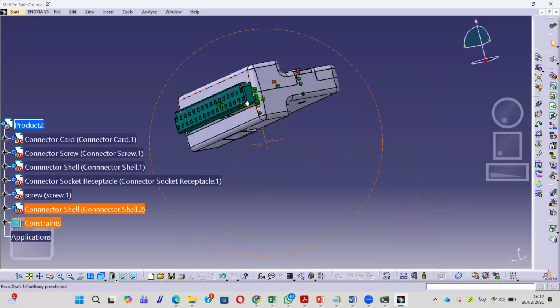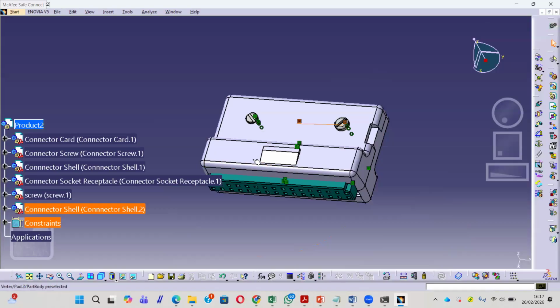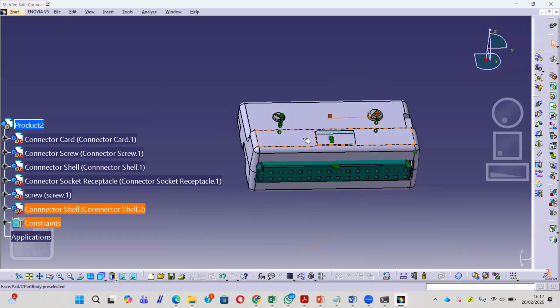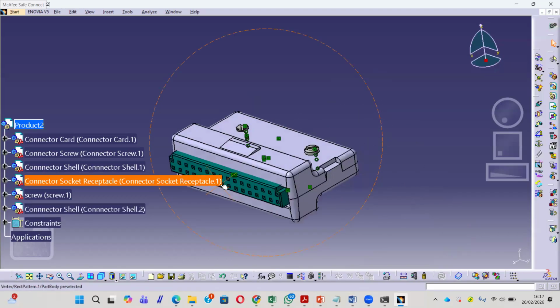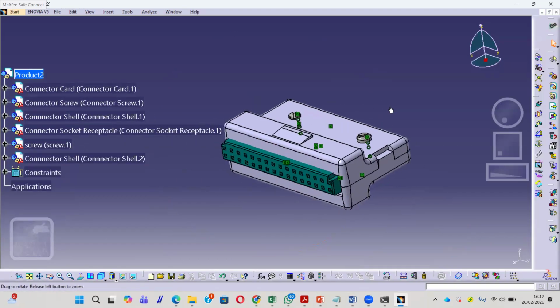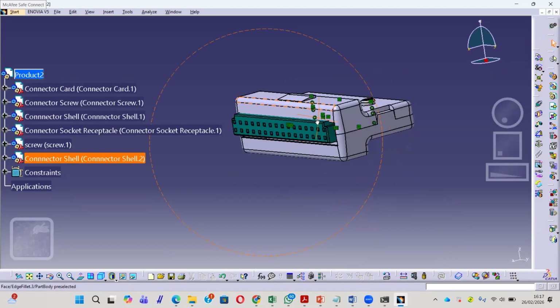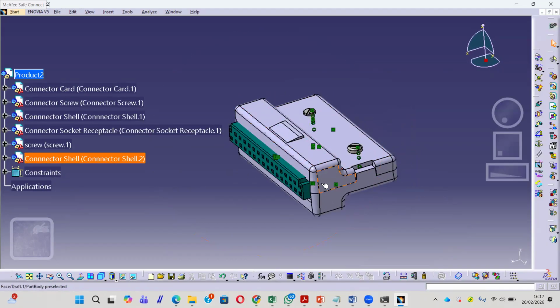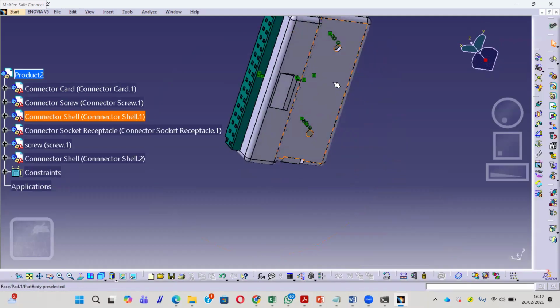Okay, the position will be like this. This is the final of your design. Or you can use for another screw here.